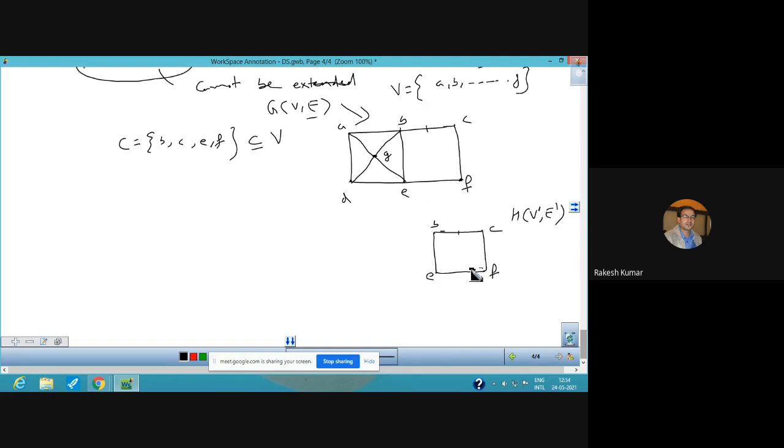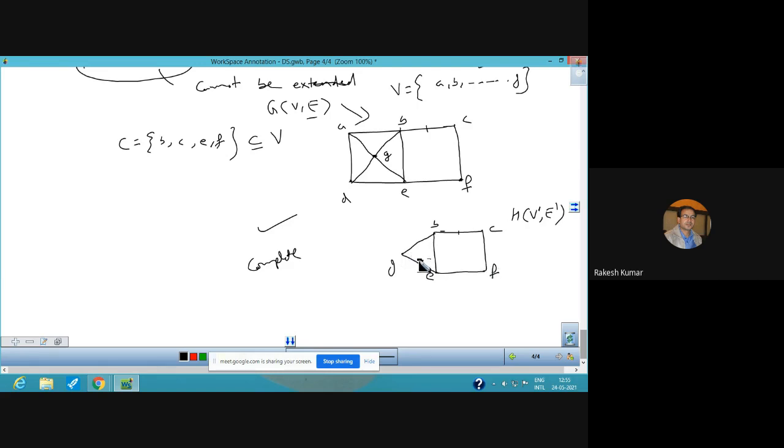And this is complete also. You just see, this is complete also. अच्छा, क्यों नहीं extend कर सकते? What is the reason? Suppose I include G here. अब G include कर दिया तो ये बन गया आपके पास. Now you just see, ये बन जाएगा. Obviously, this is an induced subgraph तो है. This is also an induced subgraph of G, but this is not a clique because a clique should always be complete. यहाँ complete नहीं है. G is not joined with C, कर नहीं सकते. G is not joined with F.